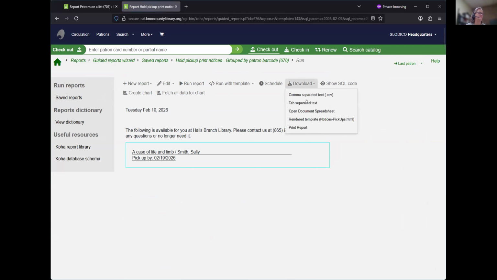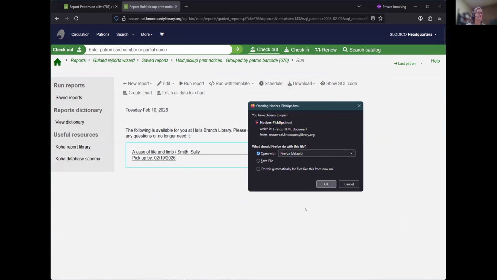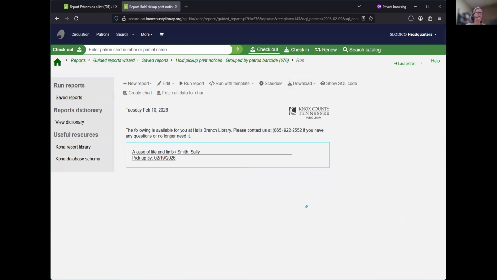And then rendered notice, open in Firefox, which I don't think you'll be able to see, but they didn't share it that way. But you would see the full notice all laid out page by page, and you actually put those in. Shrink that out of the way. You can see you go to